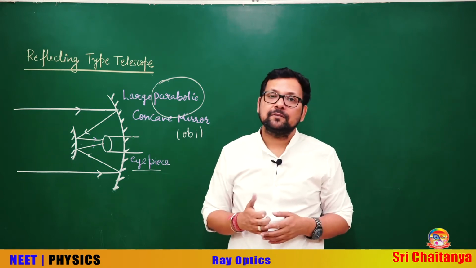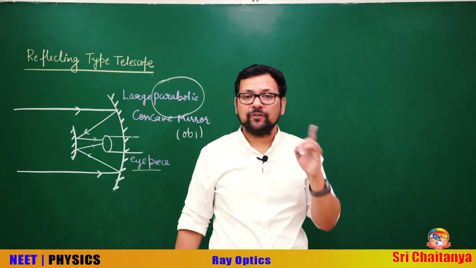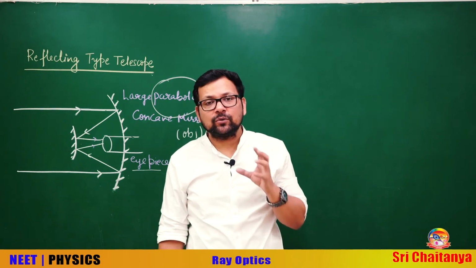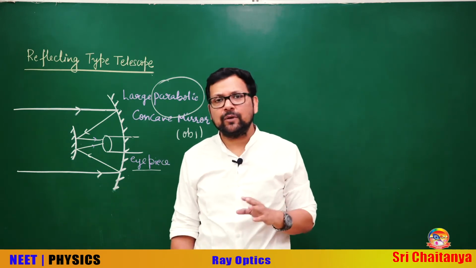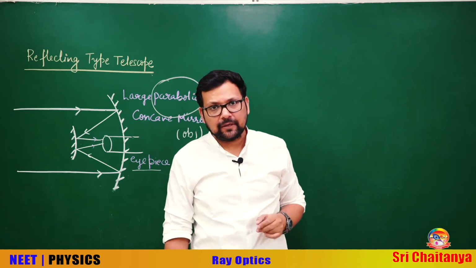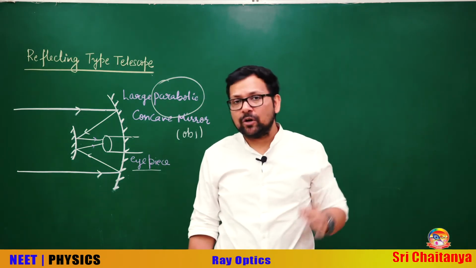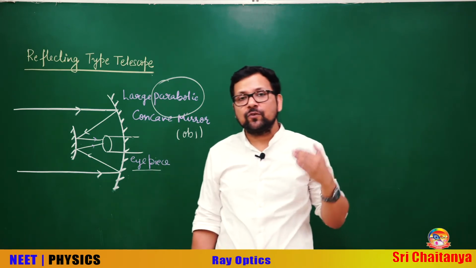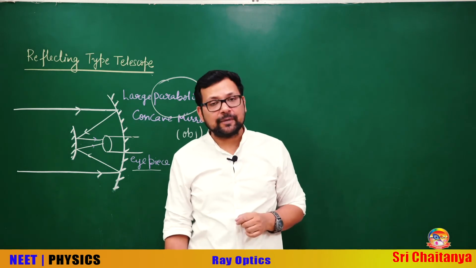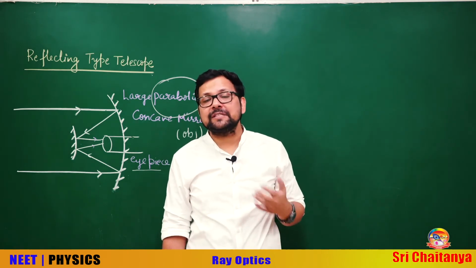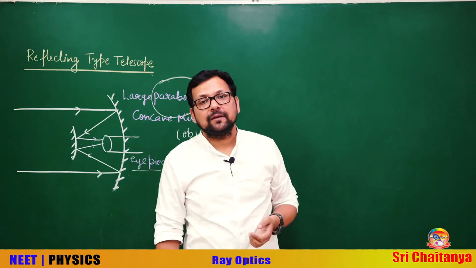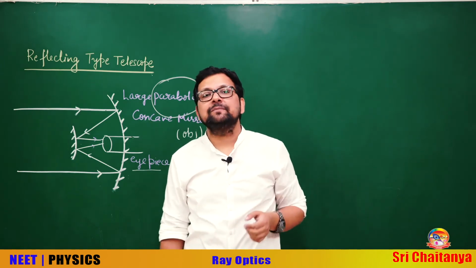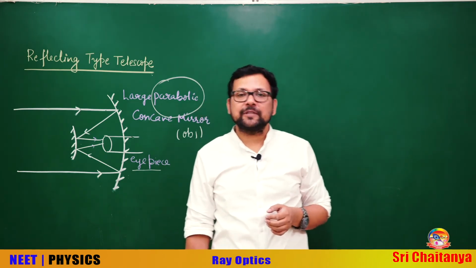Ray optics, first the laws, reflection, refraction. Suppose there is a question I am asking, angle I equal to angle R, and this is called the law of reflection. Now suppose a question is there in the objective, angle I is equal to angle R because... Now there are four options. So you have to know that fundamental: on what basis are we saying that angle I equals angle R? Let me tell you the basis for that. That's on the basis of Fermat's principle. What do we do in Fermat's principle?